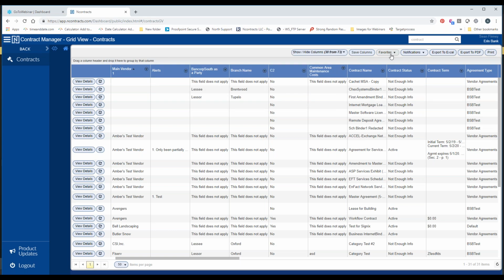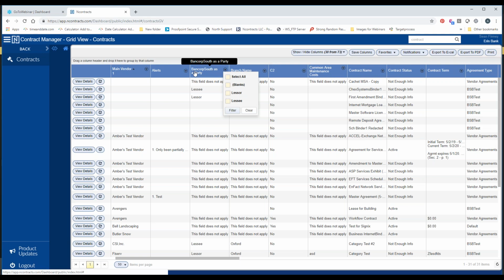Let's say you logged in, you went to grid view, and you have multiple favorites set up. By clicking this favorites button, you can go ahead and switch between any layout that you like. All of your favorites will be saved here. Again, you can delete them if needed. I will point out that any